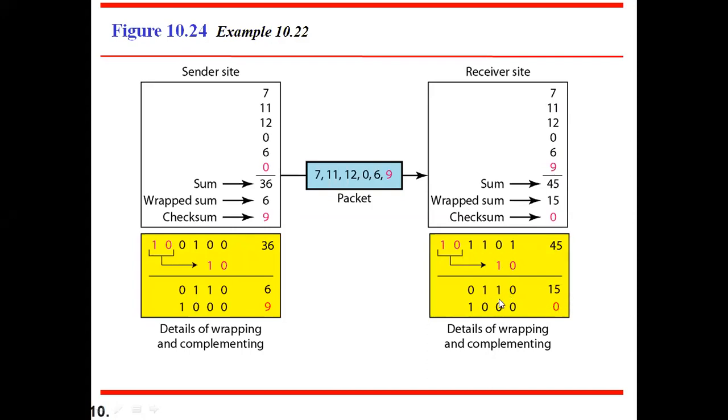But here I think some problem is there. He has not taken the 1's complement. 0 should become 1 and this 1 should stay 1. These are all fine, but this should become 1. Here also there is a mistake and here also there is a mistake. You should take the 1's complement of this particular number, and then we decide whether an error has occurred in the transmission or not.